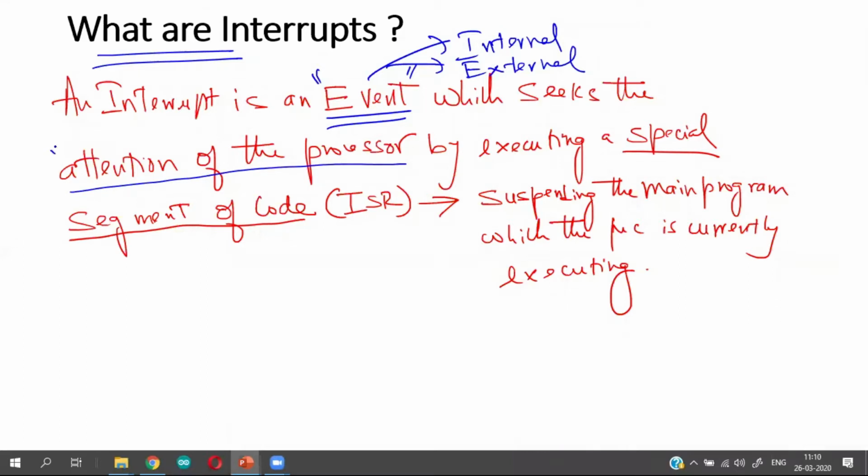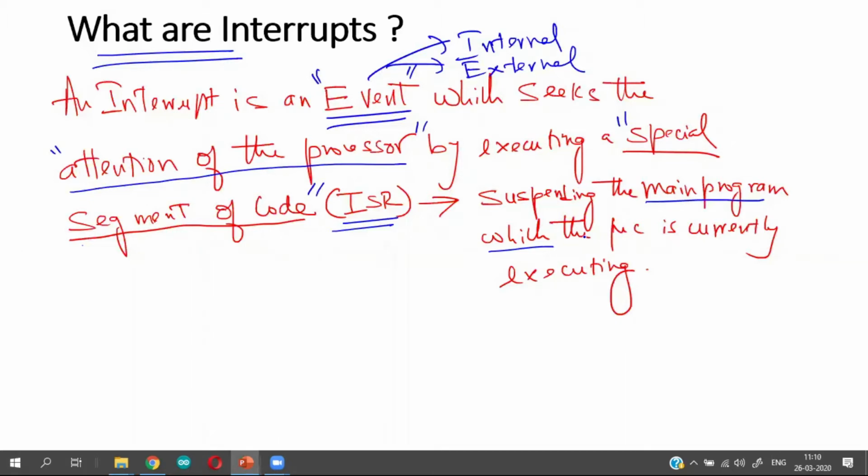Many of you think that an interrupt is a disturbance to the processor. It is not a disturbance to the processor. Rather, an interrupt actually seeks the attention of the processor. It gains the attention of the processor, and it will make the processor execute a special segment of code called interrupt service routine or ISR, and it does so by suspending the main program which the processor is currently executing.